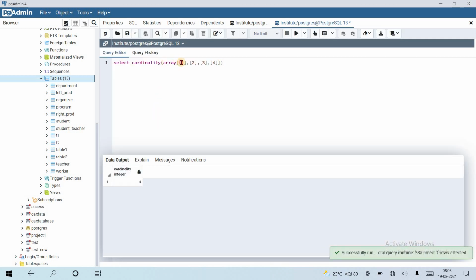Now it will return a value, but previously it did not. So now it will return the number of array elements in this outer array. Okay, there are 4 elements.